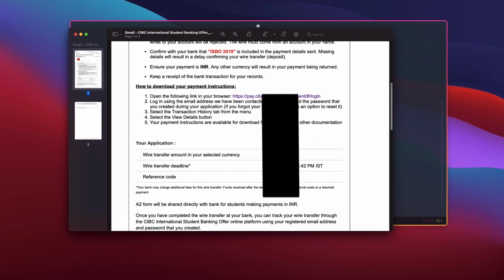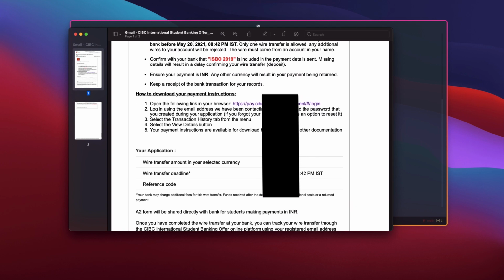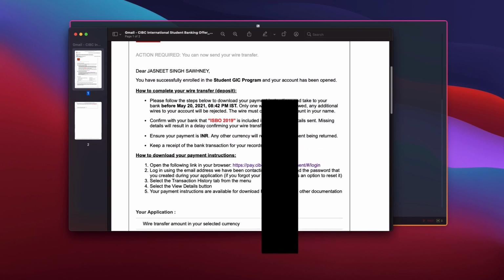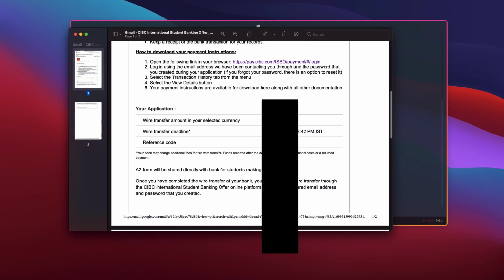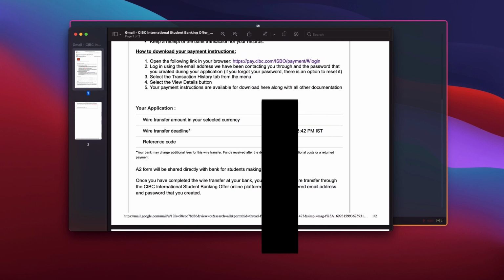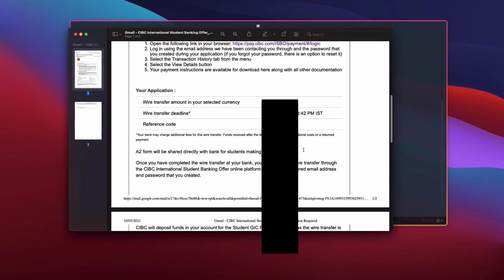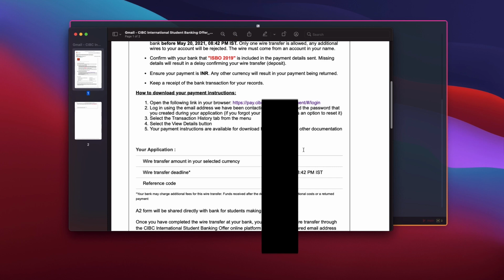So where do you mention that? You mention that either in the comments section, in the details section, anywhere you get a place, just mention this. This is very, very important. This is really imperative for a quick GIC. Your GIC will anyhow be processed, but for quick processing you have to mention this, okay? Otherwise it will take too long, sometimes 2 weeks, 3 weeks. For me it took only 2 days, right?